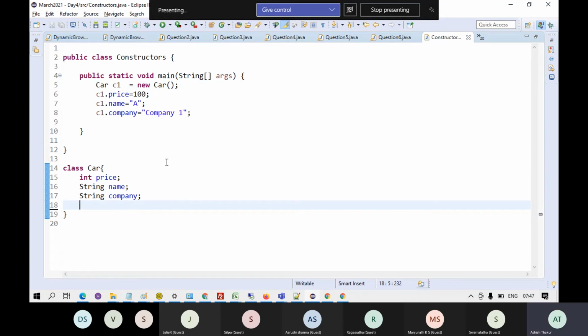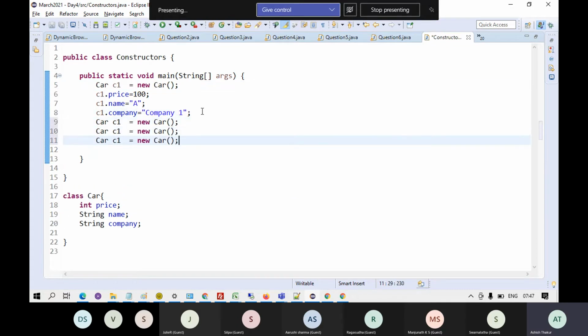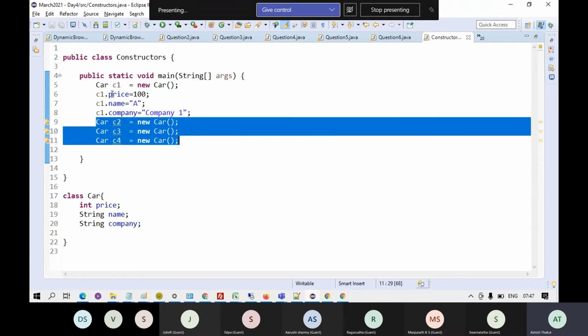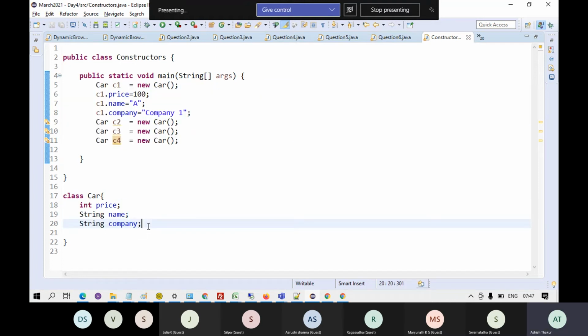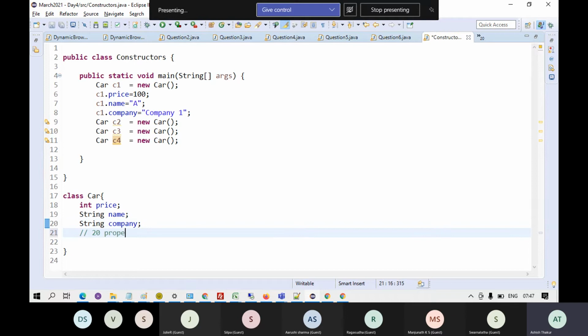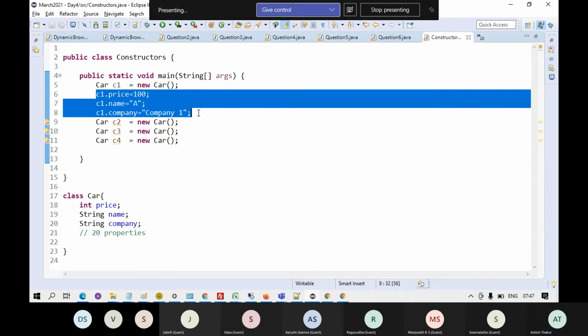but the problem is not initializing the object. The problem is, what if I am making another 4 objects of the car class? I will have to write 3 lines each. That means total 12 lines to initialize 4 objects. And what if this car has got 20 properties? Name, height, capacity, engine capacity, or whatever it is. Then every object will be initialized with 20 such lines. So if I'm making one object, 20 lines.